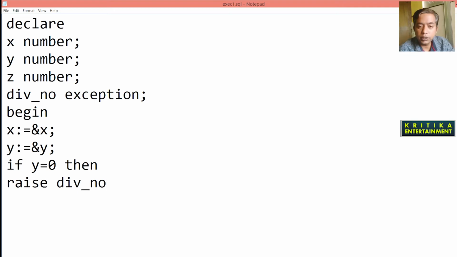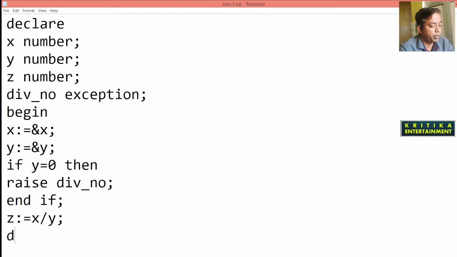Give the semicolon, then write END IF. If y is 0, then it will generate the exception. Then close it. Then I will compute the result z equals x by y.